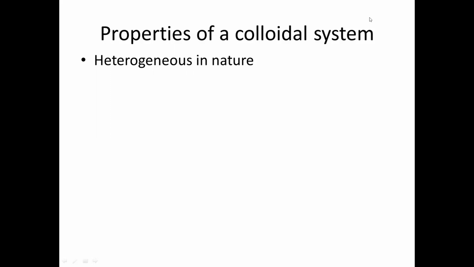Heterogeneous means it is not the same in composition. Why I say heterogeneous is, you have two immiscible parts. Either a solid is dispersed in a liquid or gas, or a liquid is dispersed in air or gas, or vice versa. So if you have two different phases,